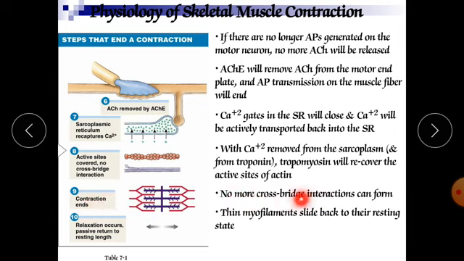So there are no more cross bridges, because the cross bridge is responsible for the contraction, for the overlapping of the thin microfilaments with the thick ones. So no interaction will occur, and no contraction will occur, and that's why the last stage, relaxation, occurs. The thin filaments slide back to their resting position, and relaxation occurs in the muscular cell. In this fashion, that is the complete process of contraction and relaxation.